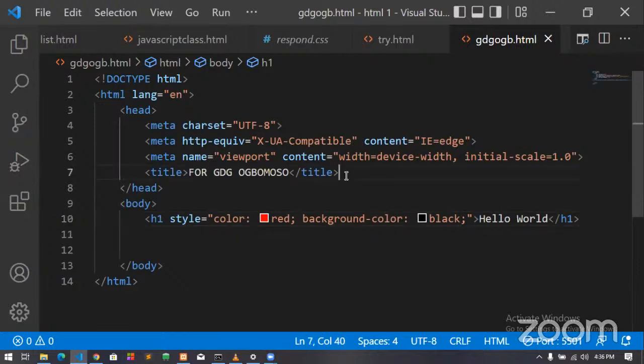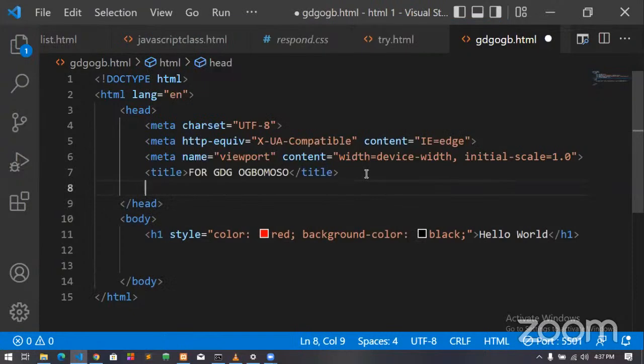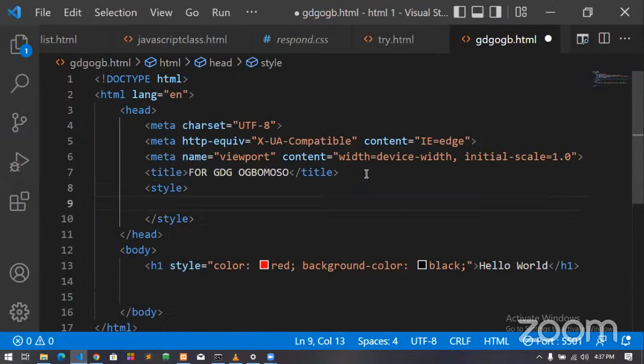Now, talking about internal styling, as I said, internal styles are those you use in between your open head and your closed head. This is your open head, this is your closed head. So if I come here, this is how you use internal styling. It's so simple. I'm saying style. Anywhere you hear the word style, you should know they are talking about styling. So when we wanted to style this, we used the attribute style. Now we are using style.